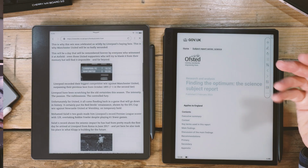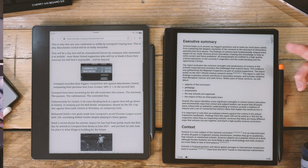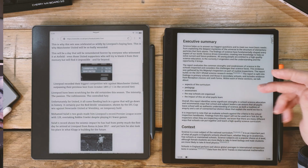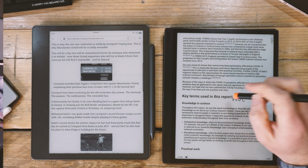So certainly you have to know your way around an Android file system to be able to get the most out of it. But here directly on the device, I've been able to go to the web page and print off that as a PDF and save it onto the device. And now I have a PDF document of that web page, which I can annotate to my heart's content